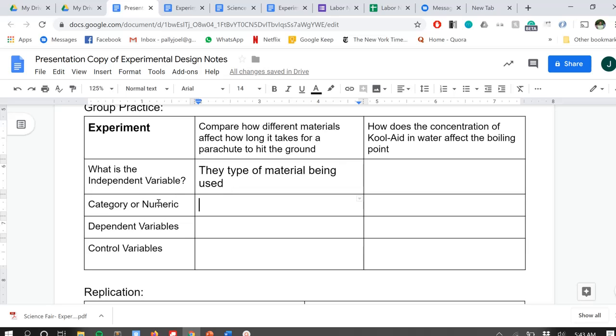So in this situation, we're not changing the amount of something or the number of something, we're changing the type of material. So this is going to be a category type, category